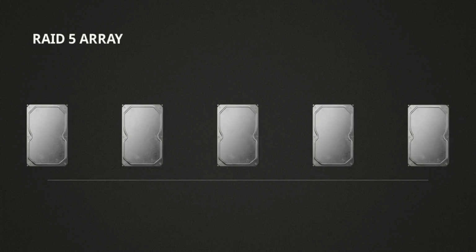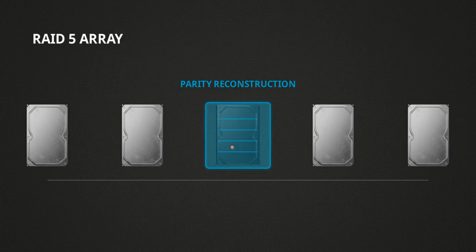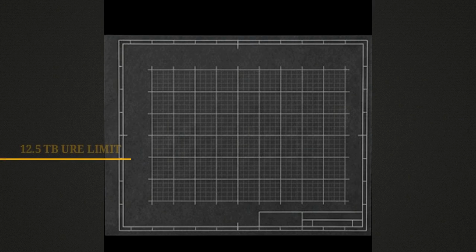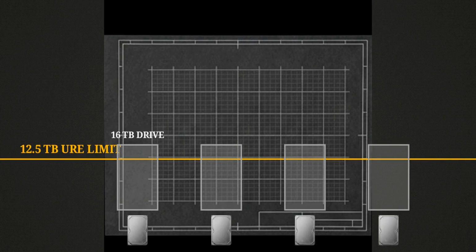For decades, the standard defense against this decay was the RAID 5 array, a system designed to reconstruct lost data from a single failed drive using parity shards. This blueprint maps the unrecoverable read error rate. For standard consumer-grade drives, there is a statistical probability of one read error every 12.5 terabytes. Modern enterprise-scale drives now hold 16 terabytes.